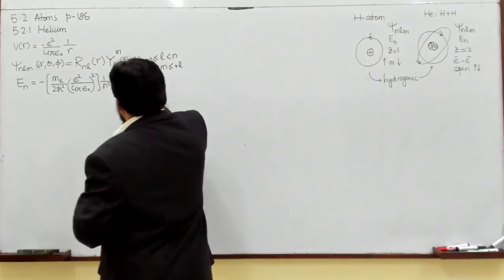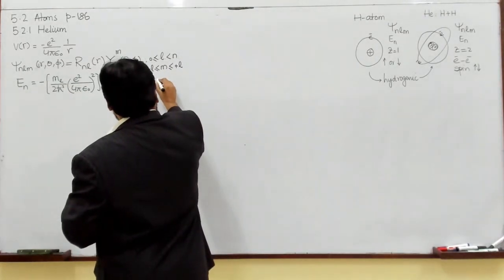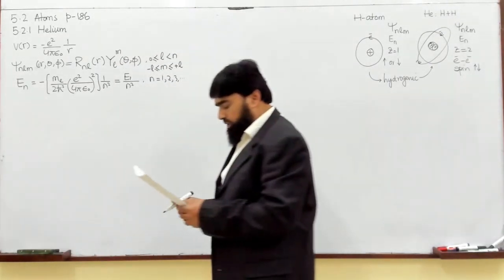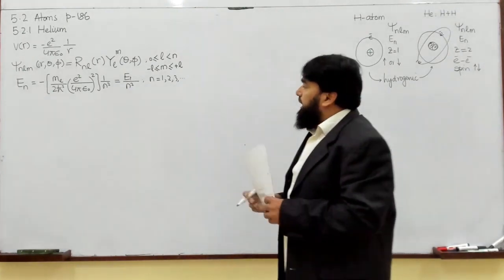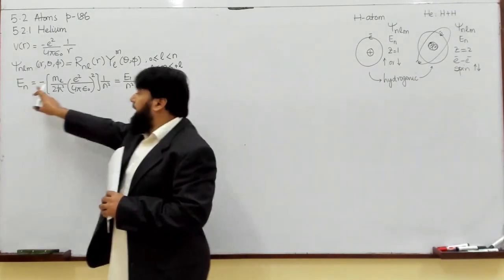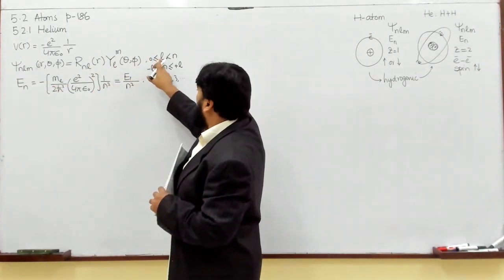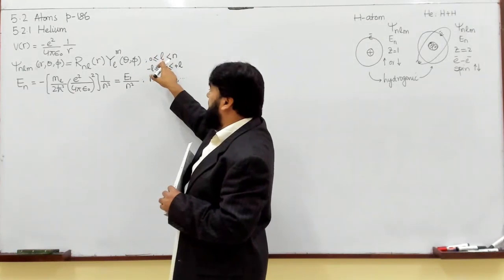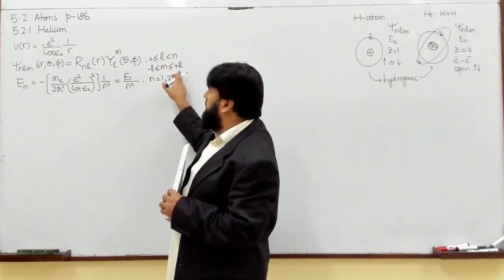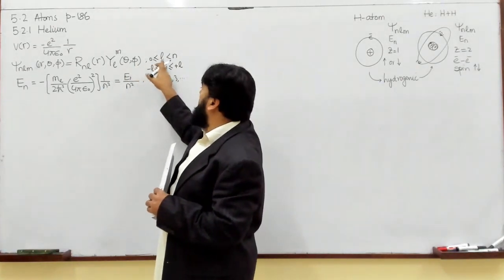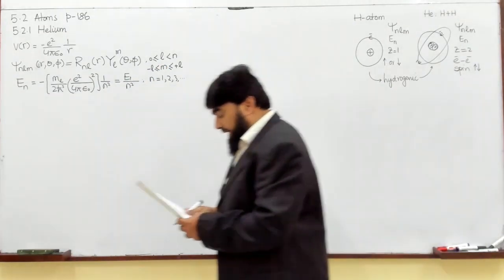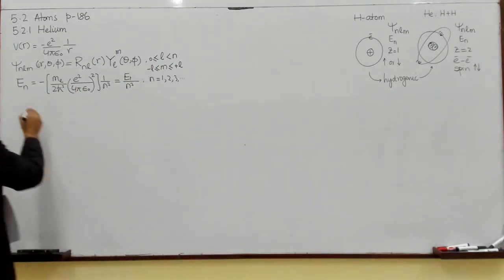So the n here, we know that it's the principal quantum number and it can have values 1, 2, 3. Energy depends only on n, while n will have many other states in the form of L and m, but the energy for all other values of L and m will remain the same. And we discussed the